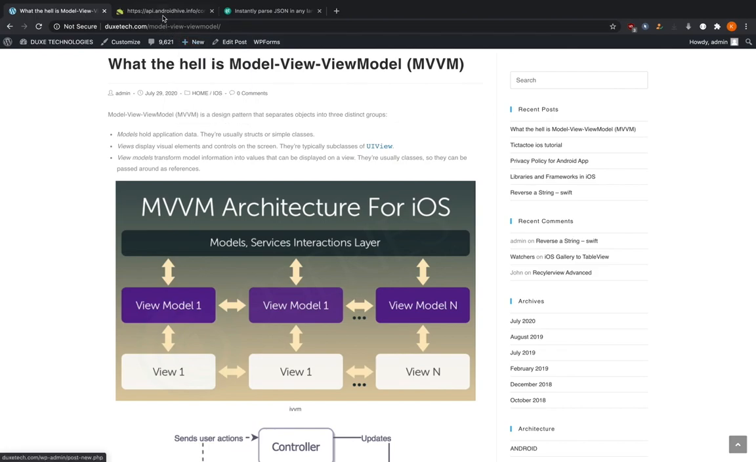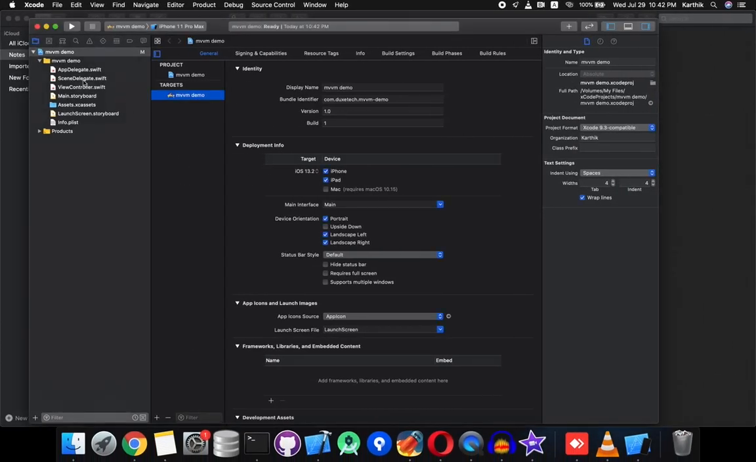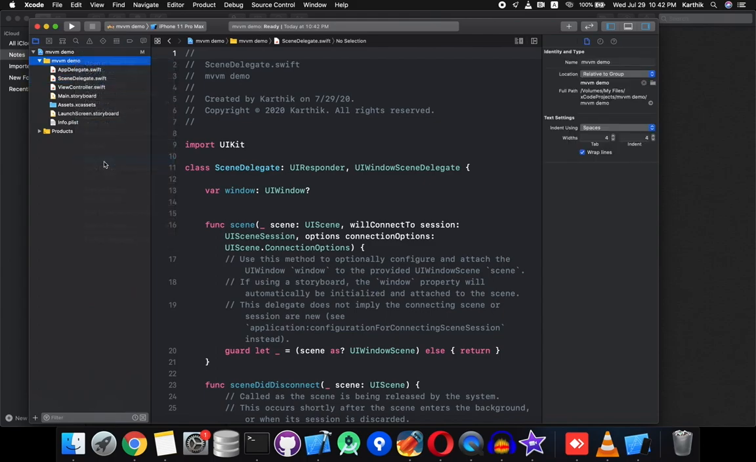So we require an API. This is the API we are going to use. It displays information such as contacts, name, email address, etc. Based on this, we'll create a data structure. At the root, we can see contacts, which is nothing but an array. An array is represented by square brackets, and dictionaries are represented by curly braces. So first, we'll create a model layer,